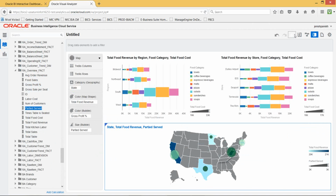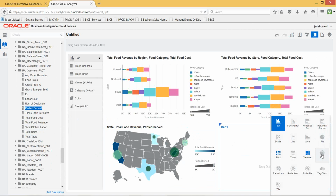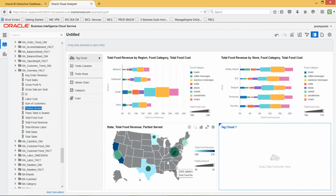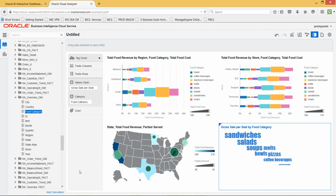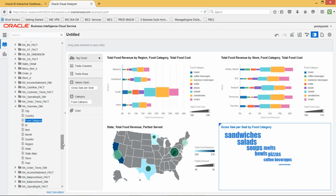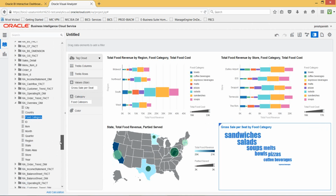developer. Let me add one more report for the tag cloud. So here I want to analyze, let's say, my gross sale per seat by food category. So I'll have to just select gross sale per seat, and I put it as my measure. And I also have to select the category. So let's say I can select the food category here. As soon as I do this, I'm presented with a tag cloud. So I see the sandwiches have the maximum gross sale per seat. I can also use parties served